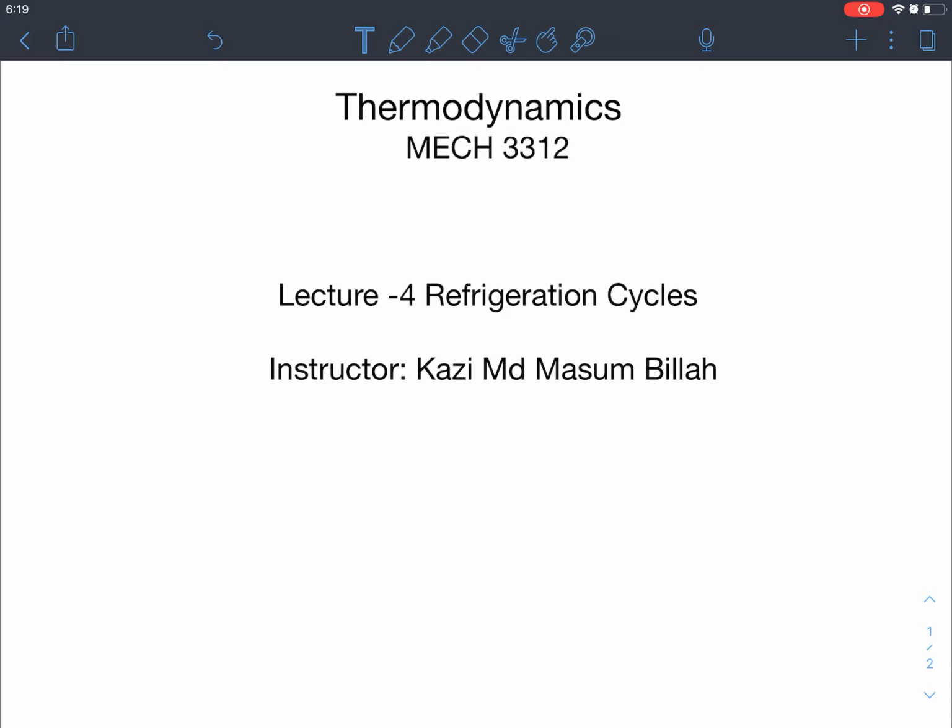So in the previous chapter we talked about the Brayton cycle, which is basically a gas power cycle. Let's take a look at the Brayton power cycle and then we'll come back again to the gas refrigeration cycle. Okay, so in the Brayton cycle,